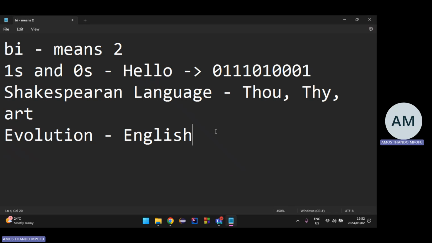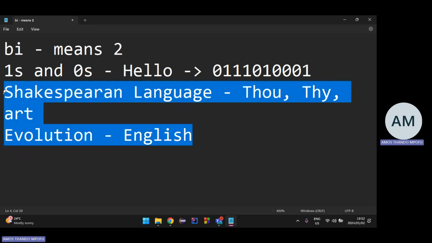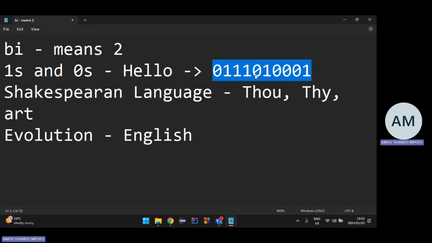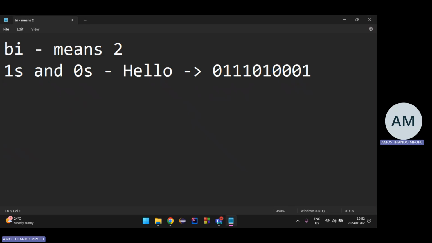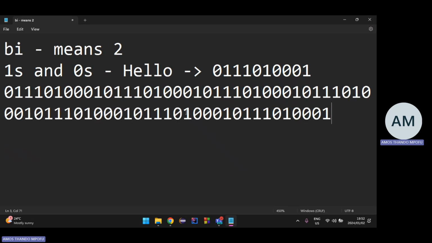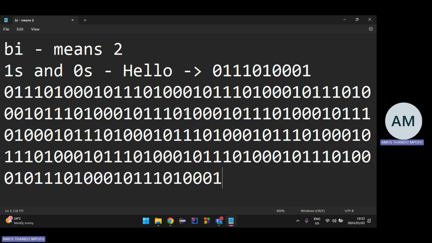So the first language, right? Back in the days, people used to code in machine code, in the machine language itself. They used to write zeros and ones. Then as time went by, they're like, you know what, this is very, very difficult. Imagine, for now it's just hello, it's one word. Imagine you're writing a sentence. Imagine this is what you see on your screen.